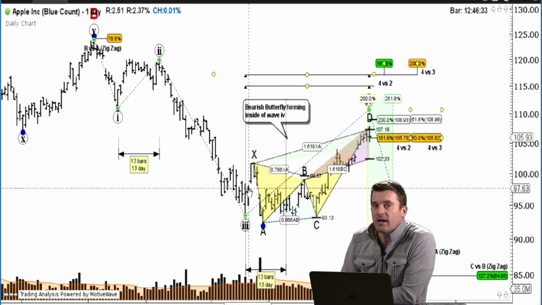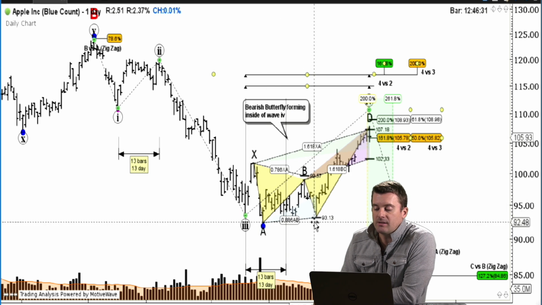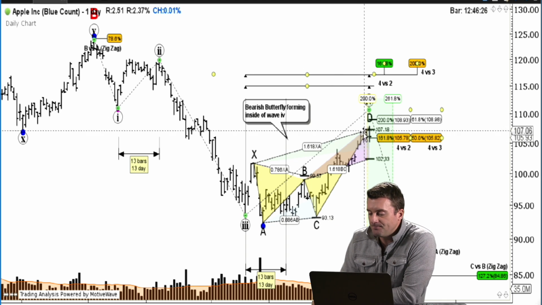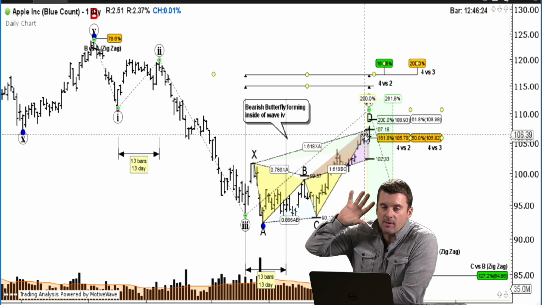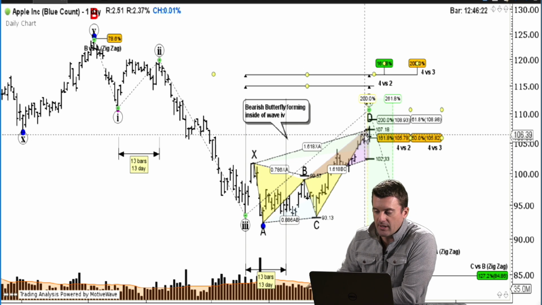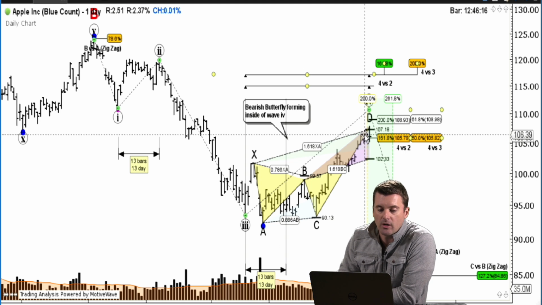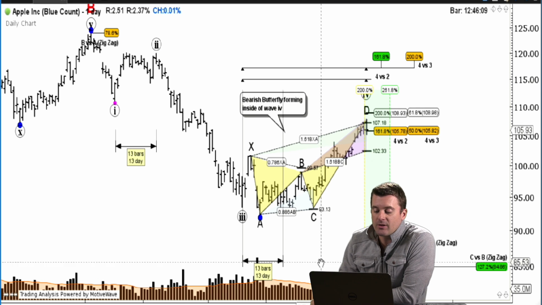Okay, so butterfly is this X, A, B, C, D pattern. Okay, it's what they call fib harmonics, which is a concept that's been around for a long period of time. Back in the Bryce Gilmore days and Larry Pesavento, and even before that, H.M. Gartley. So that ties in very well with the R.N. Elliott work, which is Elliott. Altogether, this whole big